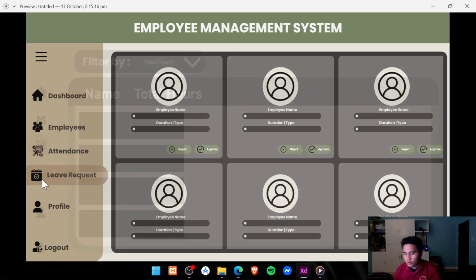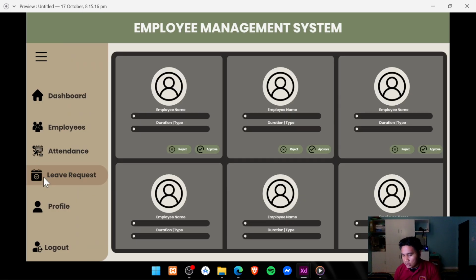So next, let's move on to the leave request. In this part, just like I've said before, all the admin, or the user assigned to this website, should do here is approve or reject leave requests. In that part I've removed the back button.